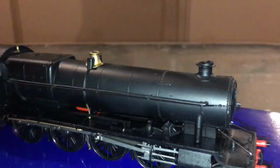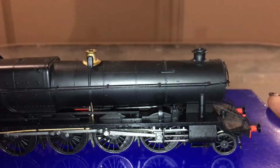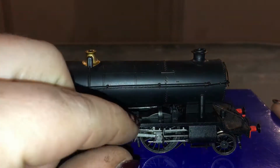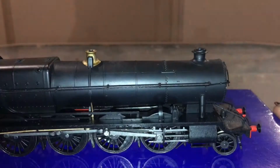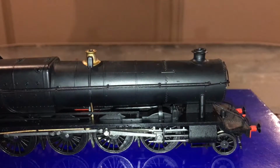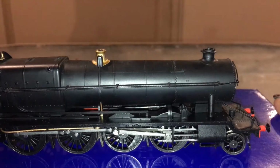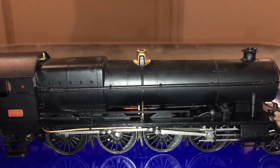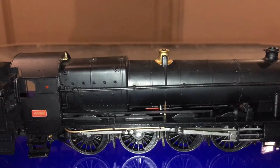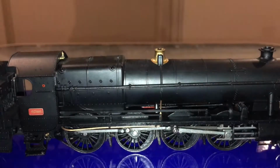So coming down the side here, we've got a fairly crude lubricator box moulding, not as fine as Hornby's, but then theirs is completely separately fitted with separate wires and feeds going down, disappearing into the frames, so that's a bit different. We've got plenty of detail on the boiler there, washout plugs on the firebox, got the main steam pipe running all the way down the side there,